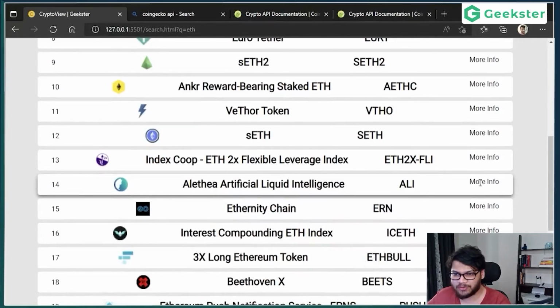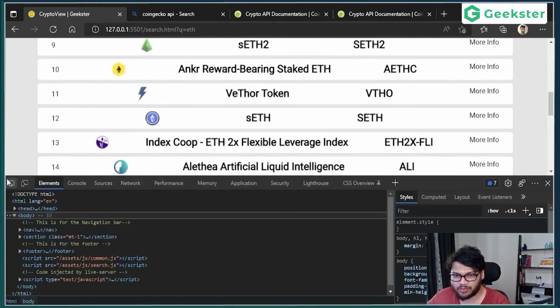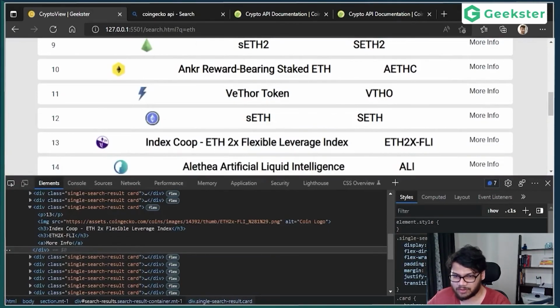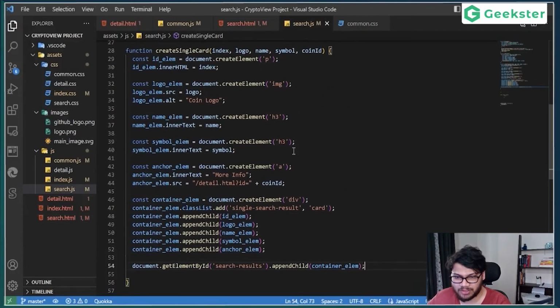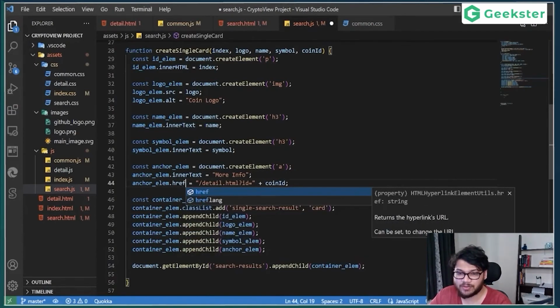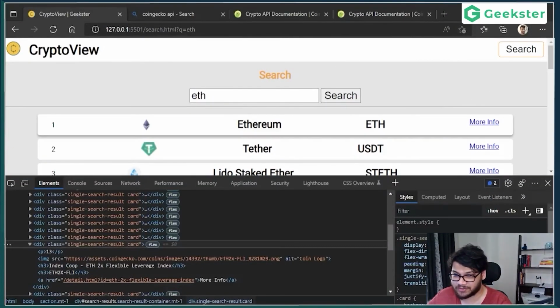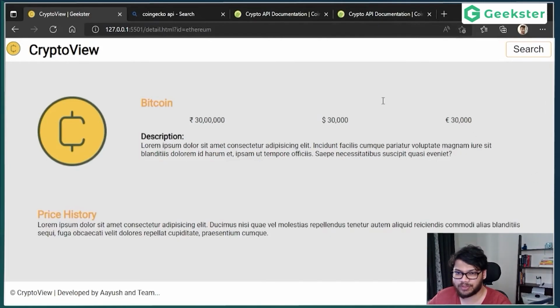And my anchor tag is also here. For some reason it doesn't work. Let's check. Did we add the href? I'm gonna open my console and check. Did we add the href correctly? Oh, we forgot to add the href. Let's check. We'll go back to my code. And in my JavaScript, did we add href? Oh, we added src. Obviously it won't work. It has to be href. Now let's check. And anchor looks fine. More info. I mean, if I click, it takes me to detail.html with the id